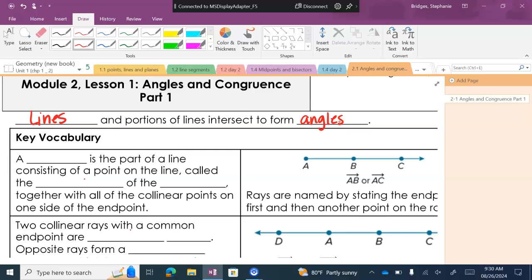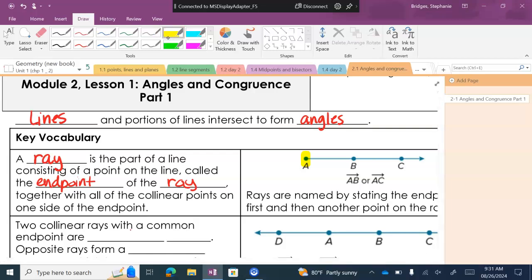And so the first word we're going to talk about is what is it the side of an angle called? Angles are made up of what we call a ray, and that is just part of a line, okay, like a ray of sunshine, right? A ray is the part of a line consisting of a point on the line, so I'm going to show you in my picture over here, point A, called the end point. Okay, and it's the end point of the ray,